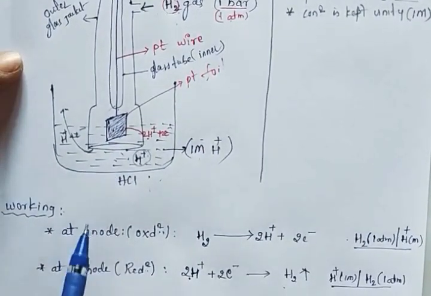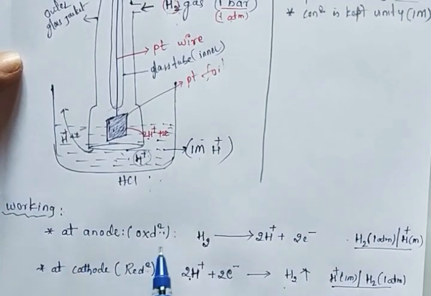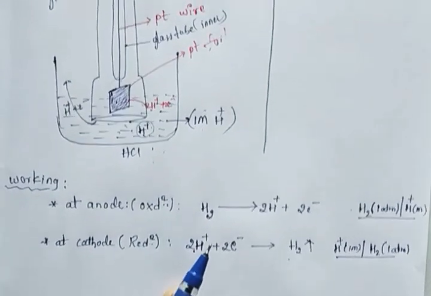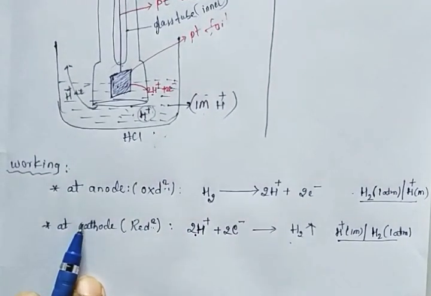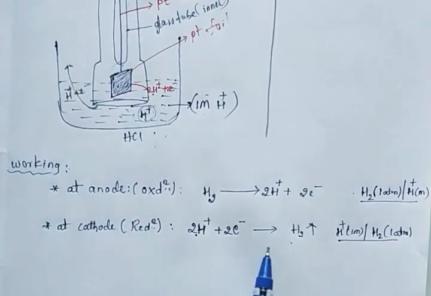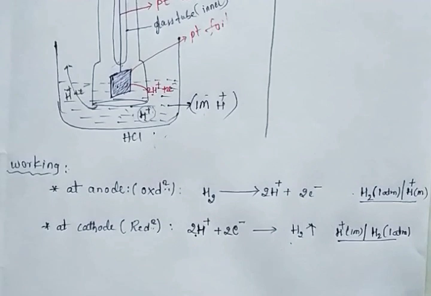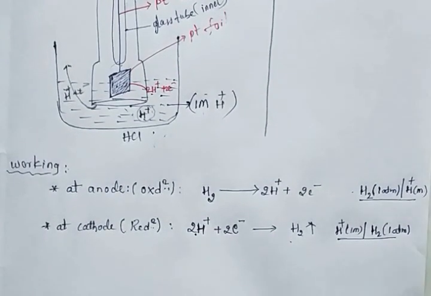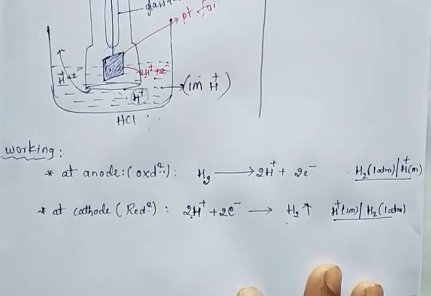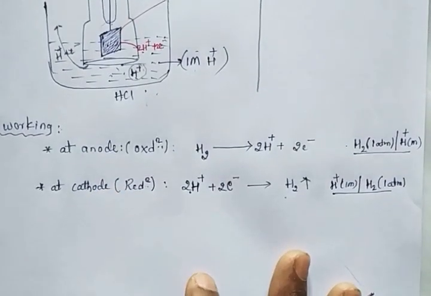When SHE is connected at anode, this undergoes oxidation and it is a reaction. Similarly, when it is connected to the right hand side, it acts as a reduction. Then these are the reactions taking place. The overall reaction is 0 यहाँ पर. Cell oxidation potential or reduction potential, generally its reduction potential or oxidation potential value is taken as 0. Its value is taken as 0.